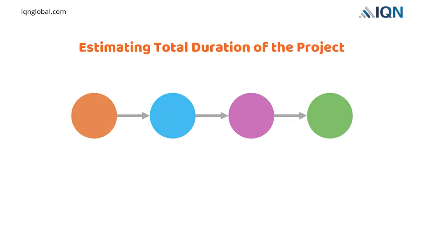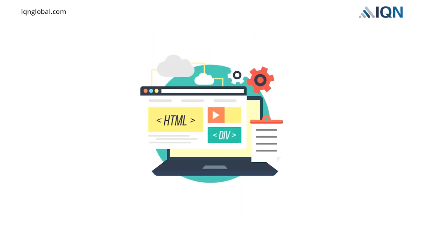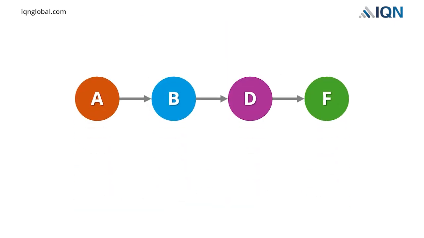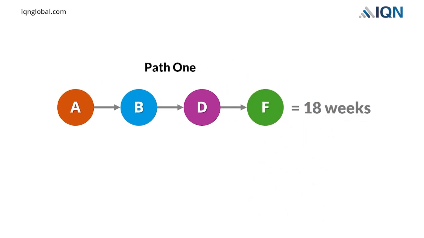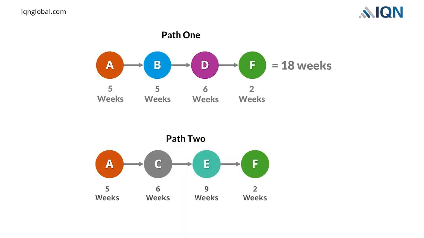We can calculate the length of each path of the network simply by adding their individual activity durations. From our website development example, we can see there are 4 activities in Path 1. So, the total length of Path 1, A, B, D, F, is 18 weeks. That is the sum of 5 weeks, 6 weeks, and 2 weeks. In this way, we can also calculate the total length of Path 2, A, C, E, F, that is,